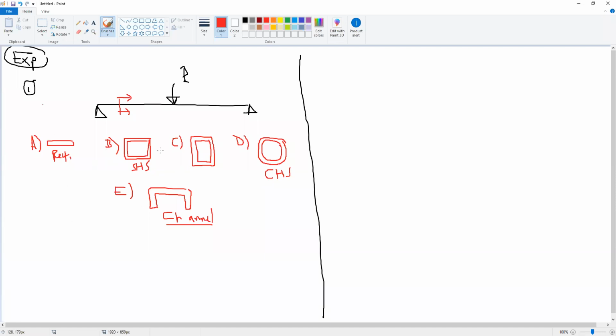The shape of each beam, what will this affect? This will affect us in the equation, because if we return back to the equation, delta is equal to P